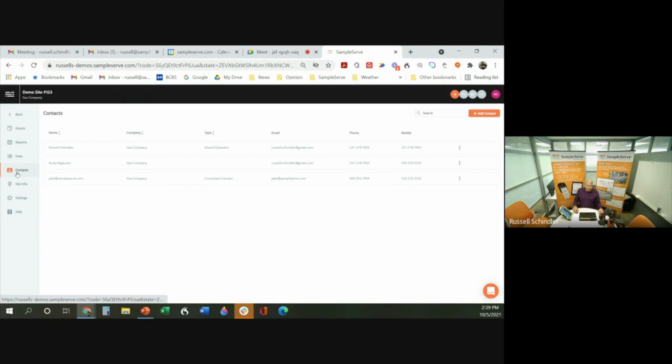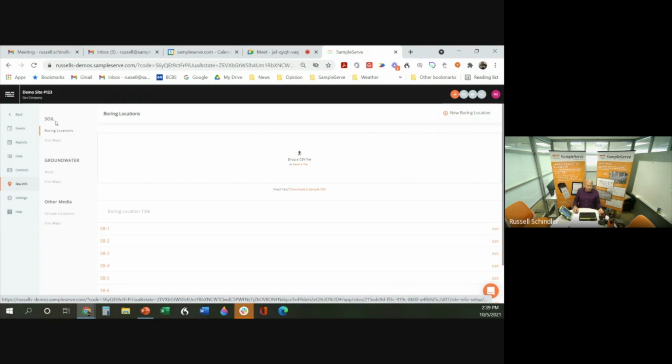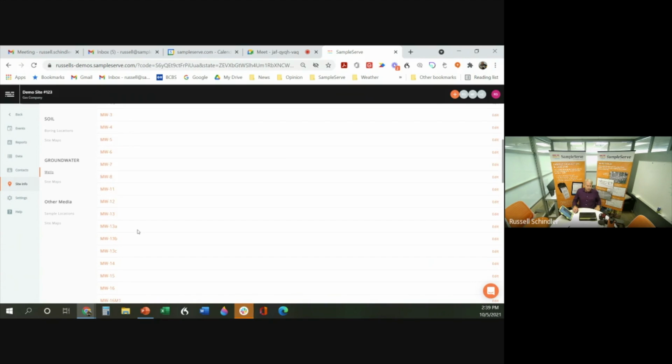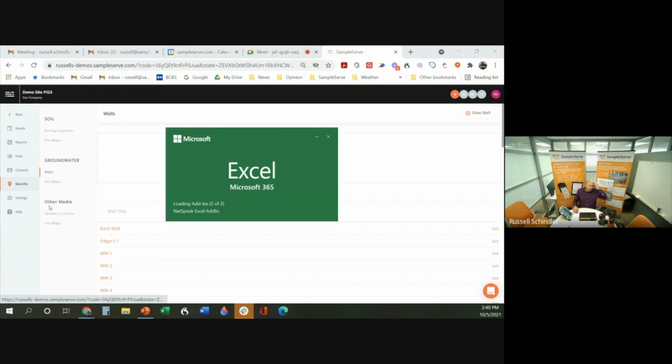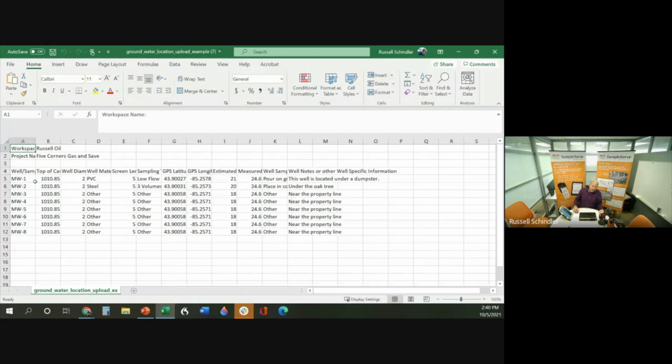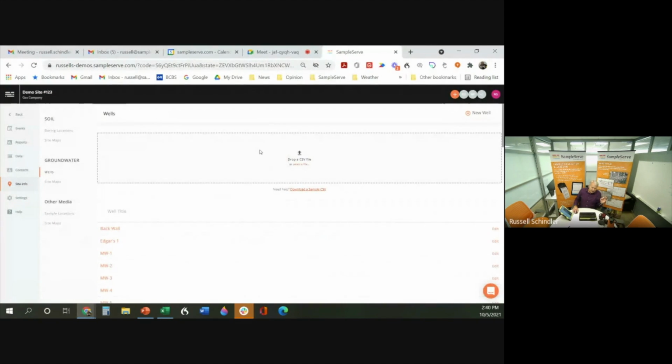Down here, site info is where you're going to upload your historical data. So you can see here I've got monitoring wells that I can upload. I can download an example file of how to upload bulk sample locations. The soil, groundwater, and other media all act the same. So all I would do is take this information, delete what's here in the example, change my names, and then re-upload this information